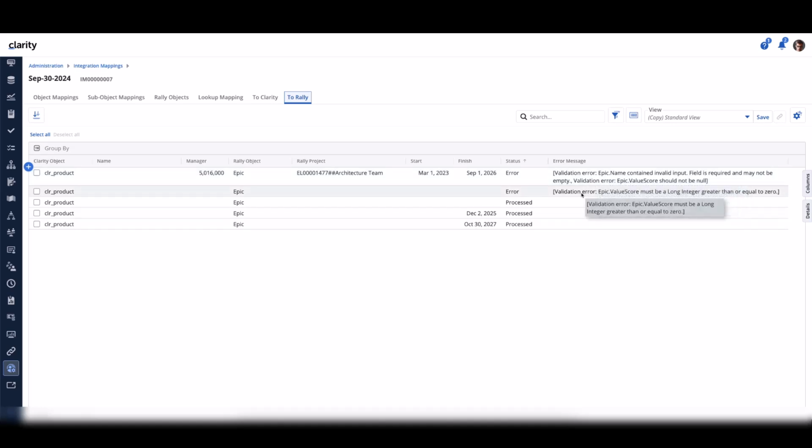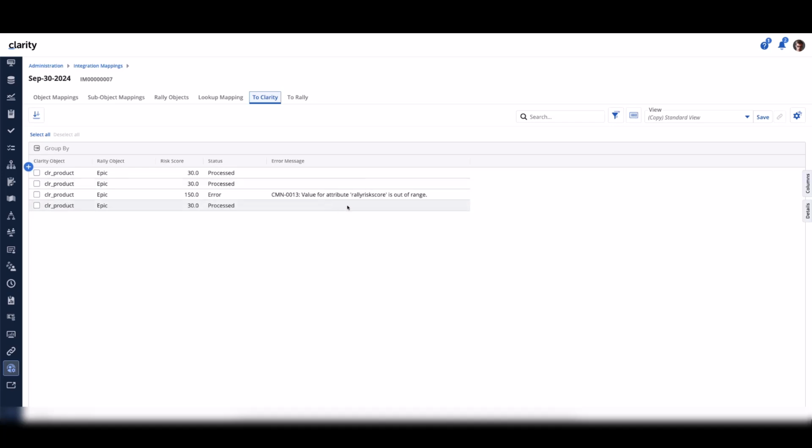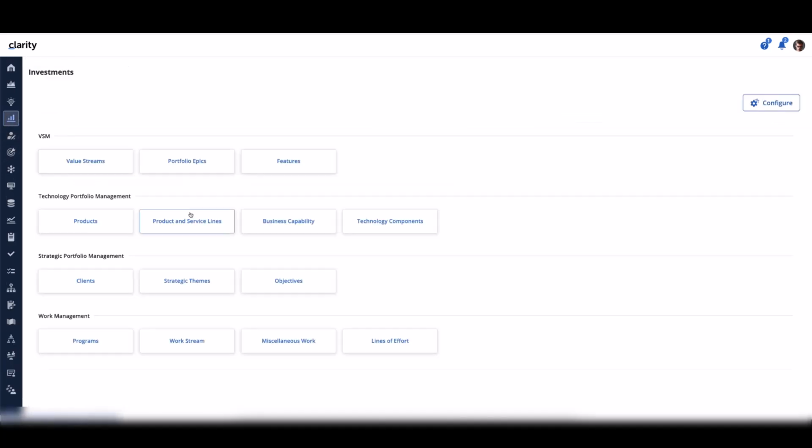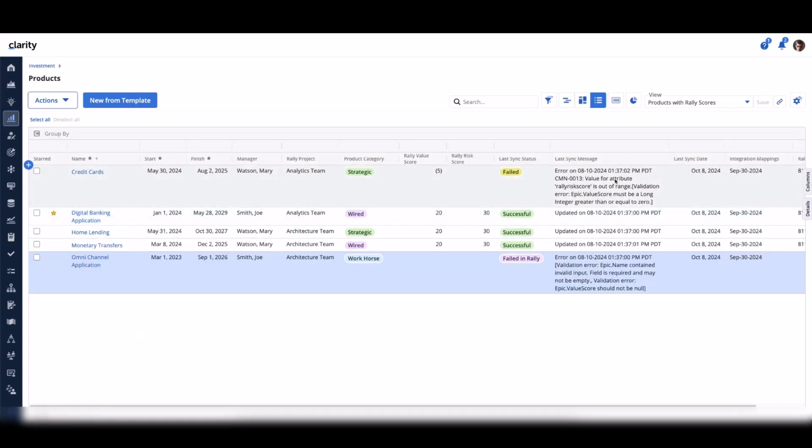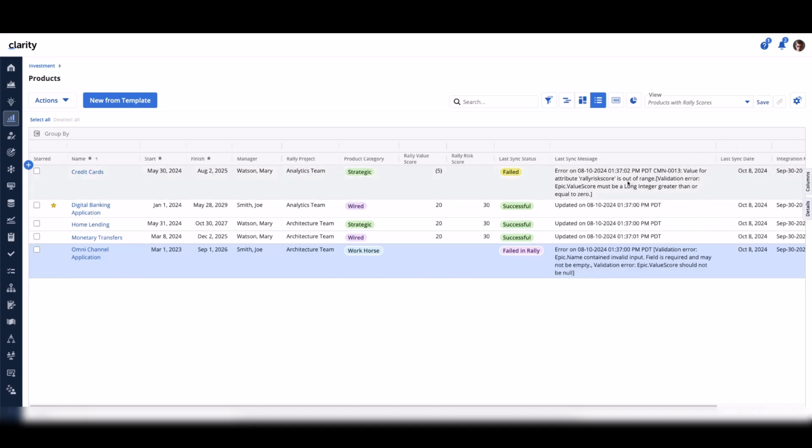But in particular, the items that are now concatenated into a single message is quite an improvement from an end user perspective. They're still here for the administrator. I can go into Rally and find out what the problem was, and I can go into Clarity and find out what the problem was. But as we come back to the product listing, you'll see that in particular where there's a failure on Clarity and Rally together, it's now concatenated into a single field.